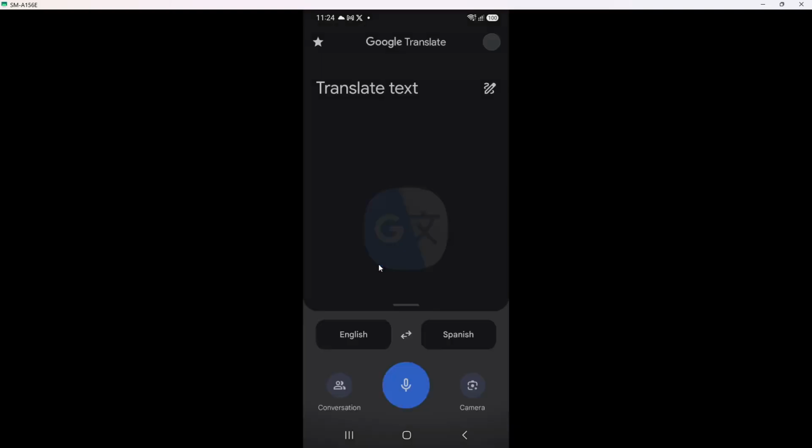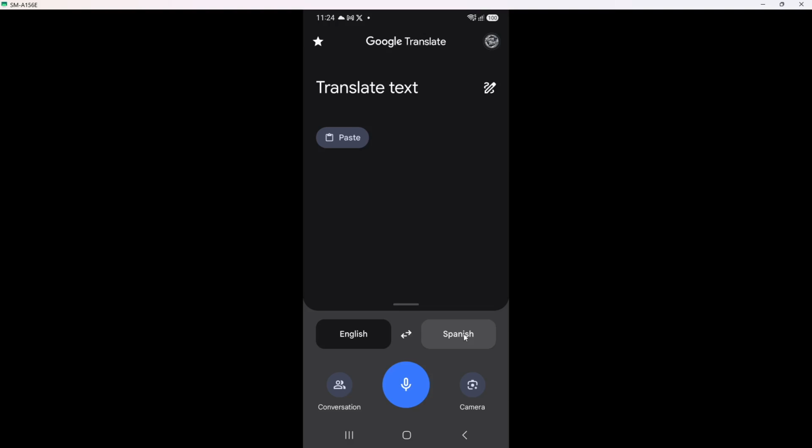When it opens, you should see the main Translate screen with two language names near the top, recent translations below, and a large text box in the center. If the app asks for any basic permissions, allow them so it can work properly. Once you see the main screen, you are ready for the next step.